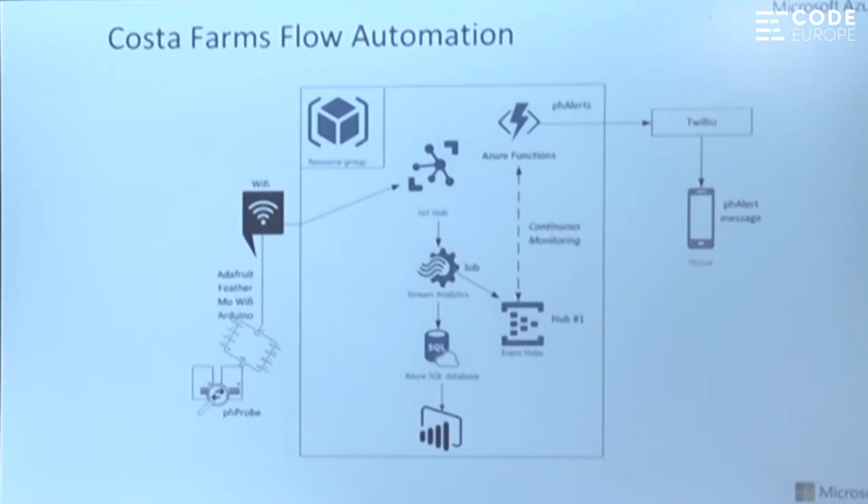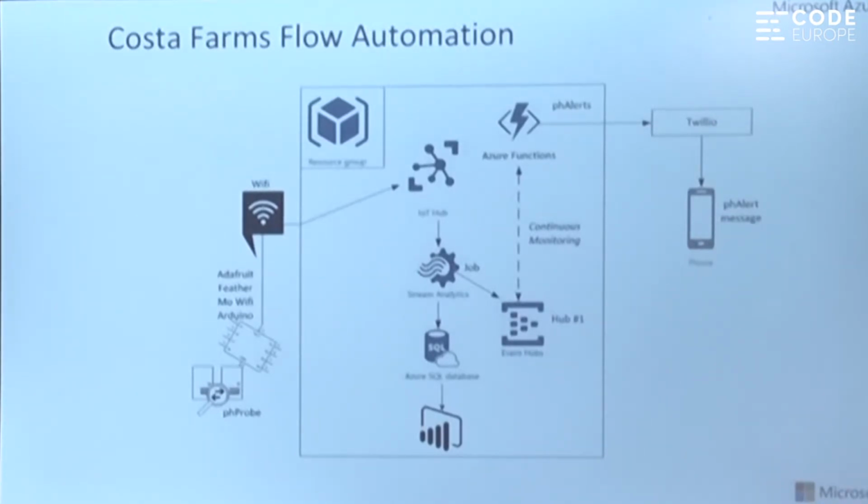And then what we have is called an Azure Function, which is a serverless function, which I have another talk later today strictly on serverless, so I'll talk just a little bit about that today. And it's just monitoring that event hub. And it only fires when there's a message in there. So all day it's reading, and now a message comes in to where the pH level is higher than it should be or lower than it should be. The Azure Function sees that in the event hub, picks up that message, deserializes it,